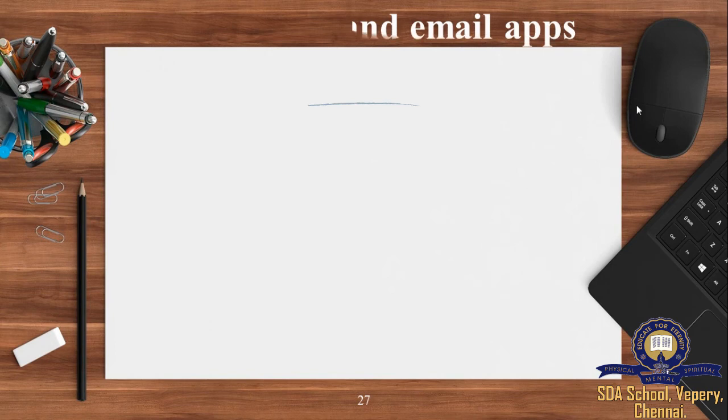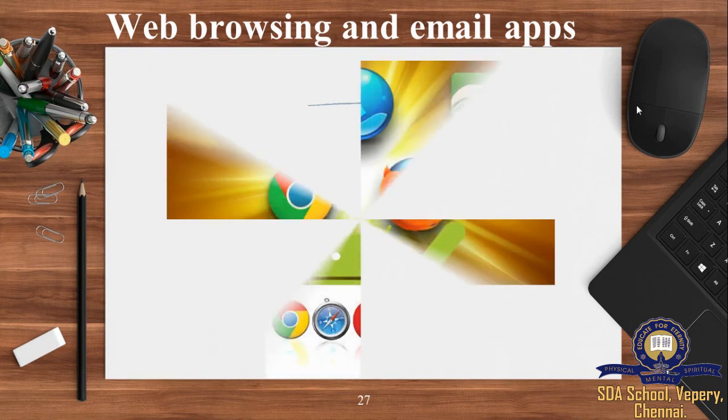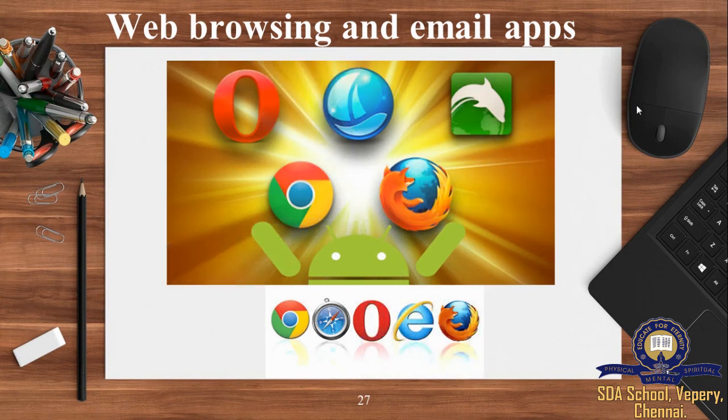And the next one is web browsing and email applications. Web browsing. What is web? Everyone uses systems or mobiles nowadays. But any information you want to retrieve or any form you want to fill out, what is it asking you first? An email. You have to give an email, right? So you must have an email address for anything you do that represents your identification.